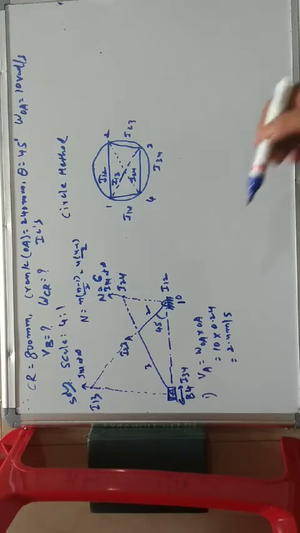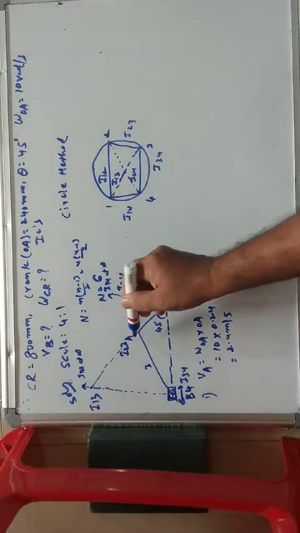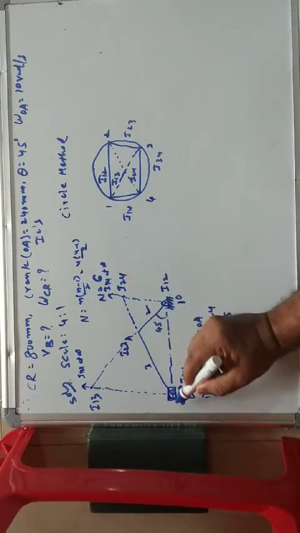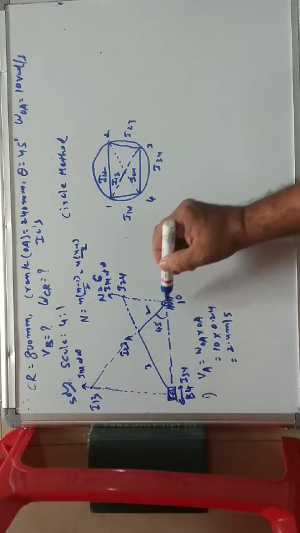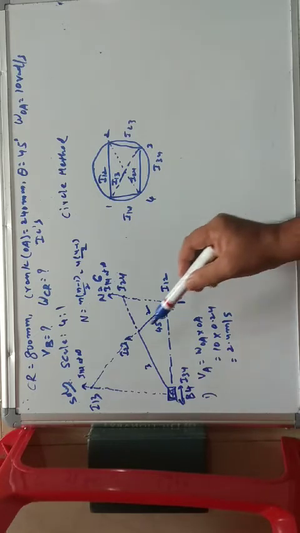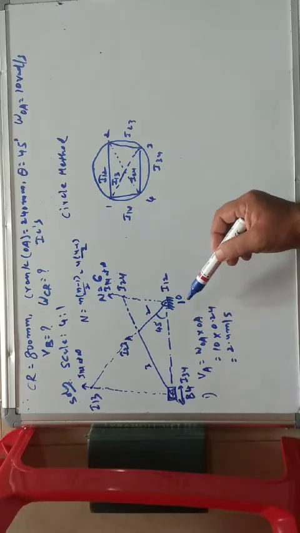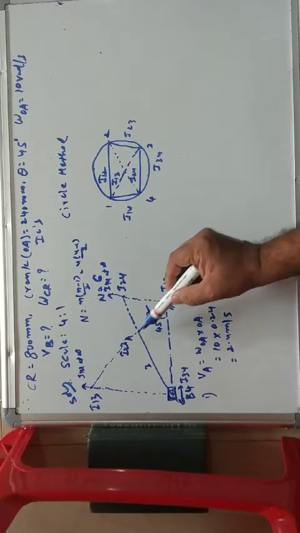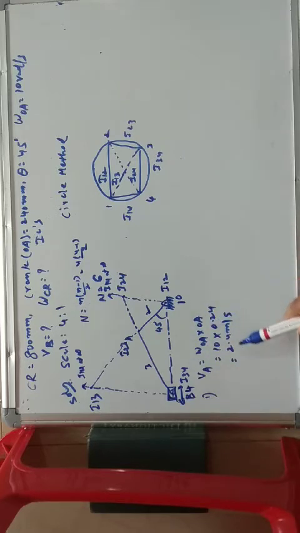So what I am doing is, the angular velocity of the crank is given, and I want to find this, so I have taken the point A. A is the point on the link OA. So the linear velocity of the point A with respect to the fixed point, that is the absolute velocity of point A, VA is equal to omega OA into the length of the link, because of the formula V is equal to R omega. If you substitute this, I am going to get VA as 2.4 meters per second.